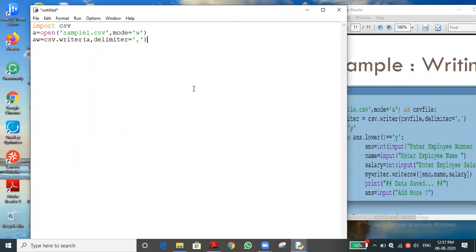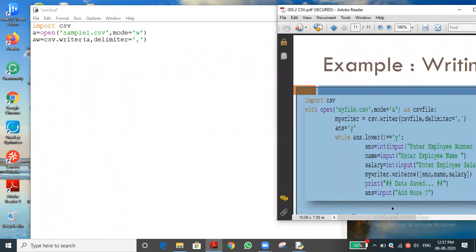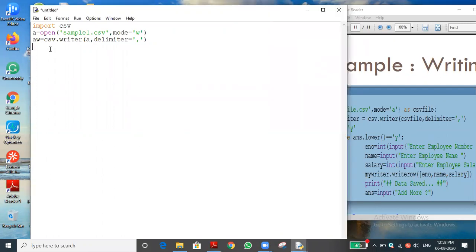In our program, you can see they are using the while loop in order to store a number of records. We can also use the while loop, or else we can use a for loop also. For loop, you know: for i in range of, we have to specify the number of records. I think in the last program we did it with the for loop, isn't it? That was adding the record, I think so. Yes, sir, we have discussed. Especially, I also typed the data wrongly. Okay, let me see that.